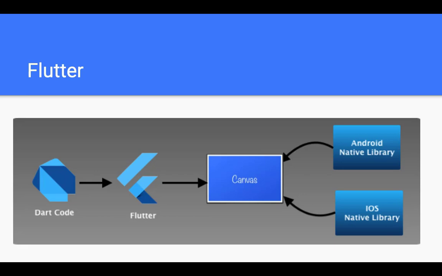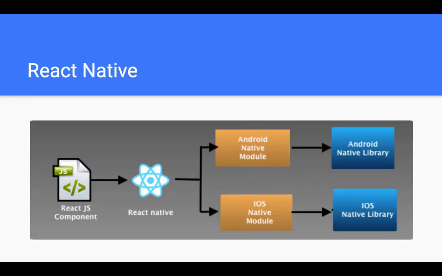It means UI in Flutter is completely different from native UI components. Flutter draws UI components on the canvas by using Material Design specifications. The rest of the business logic code is written in Dart. It means Flutter has common UI plus common business logic. In the case of React Native, every component of React Native is mapped to a native component of Android and iOS. And the rest of the business logic is written in JavaScript in React Native.